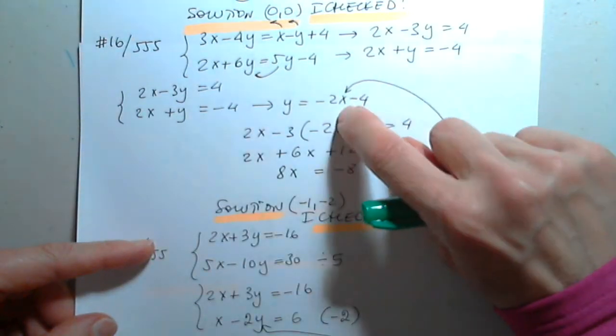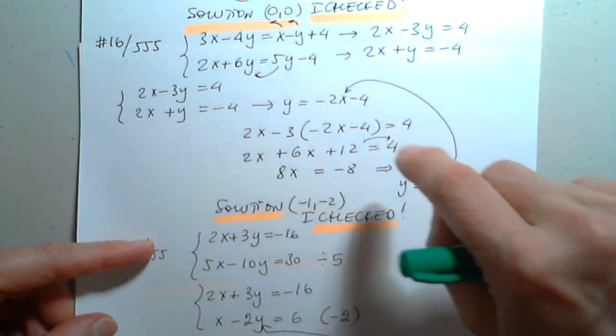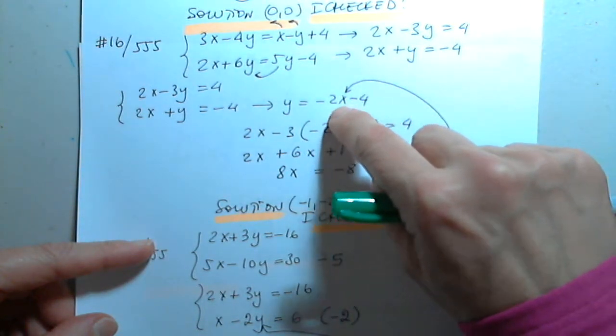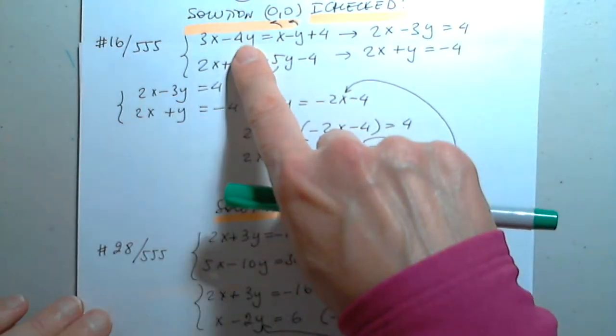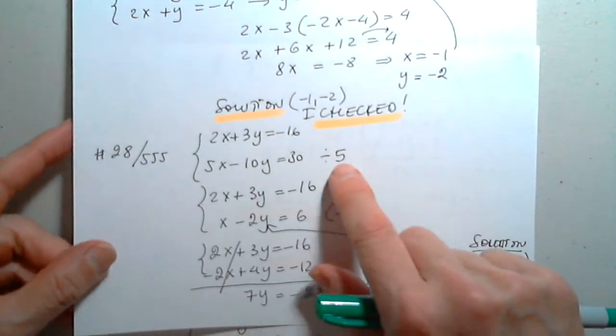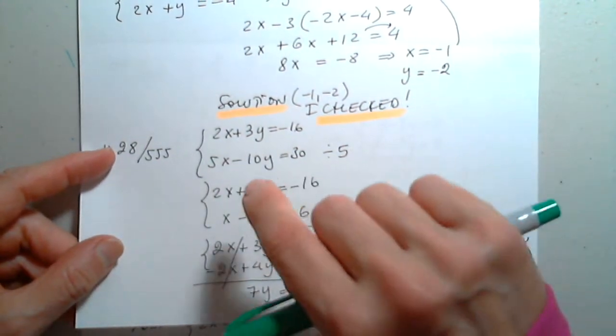I'm sorry, negative 1, negative 8 over 8. And I have to go back and replace it in here. And this is negative 2 times negative 1, 2 minus 4 is negative 2. And I check back in the original problem. Same thing here, but this is elimination. So I decided to